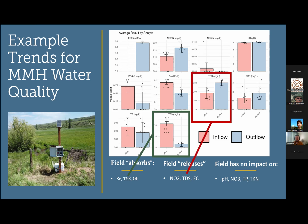An example of what a release looks like is TDS, total dissolved solids. If you can imagine, once I use that filter paper and I capture all of the solid particles on it, what's left is the dissolved stuff in the bottom of the jar. It's the water with stuff in solution. So if you boil that off, all that's left is what was dissolved in the water,